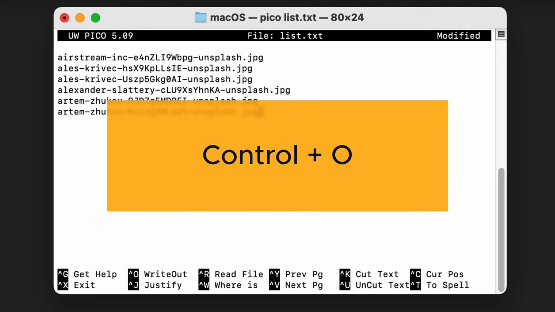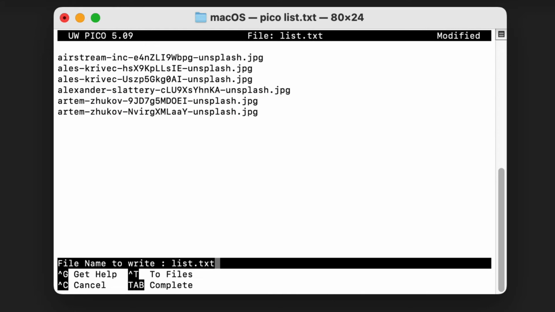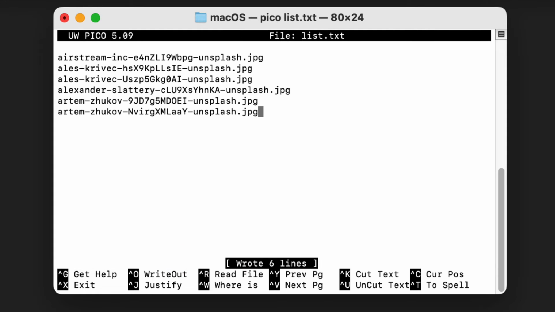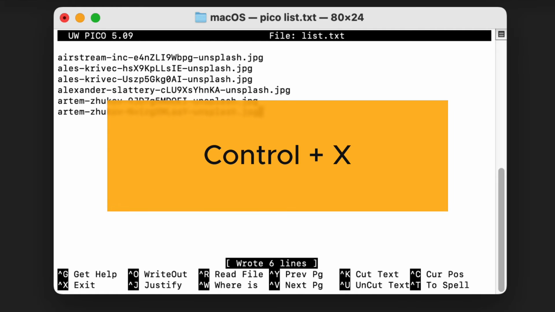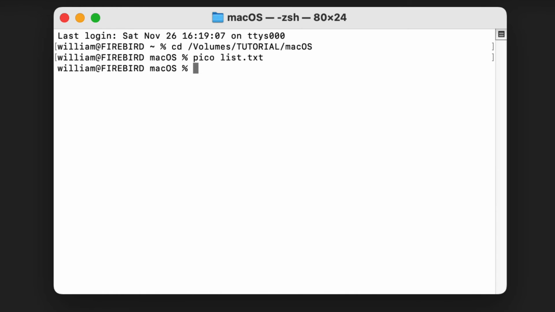Now hold down Control and O. That's the Control key, not Command. O is for output, Pico's term for save. The file name to write should already be list.txt. Press Return and it's saved. Then Control X to exit Pico.